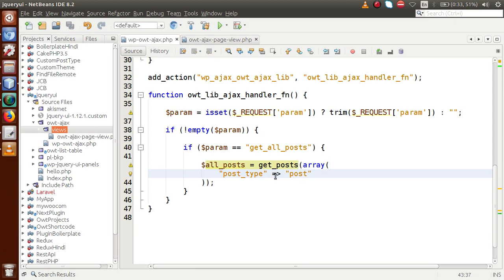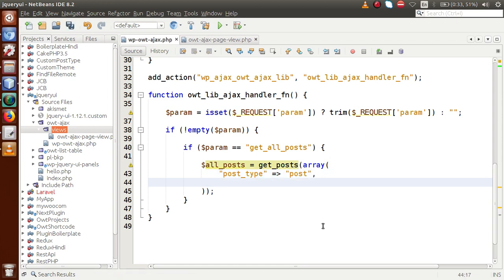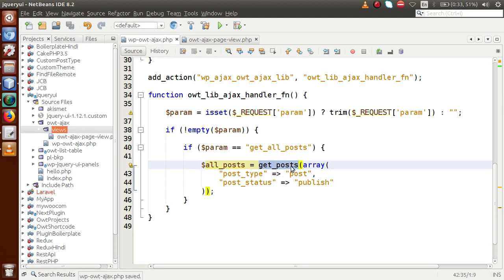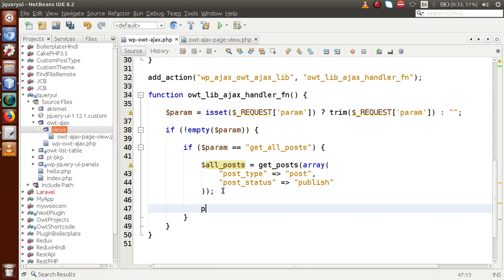So we want to retrieve posts whose post type is post. And the post status, let's say post status should be in the published state. So these are the two parameters that we have passed inside this function. This function will take all the values from our DB and store them inside this variable. So if I, let's say, print_r,